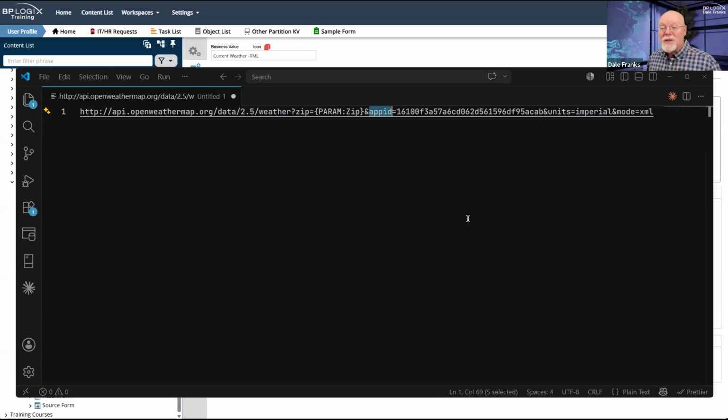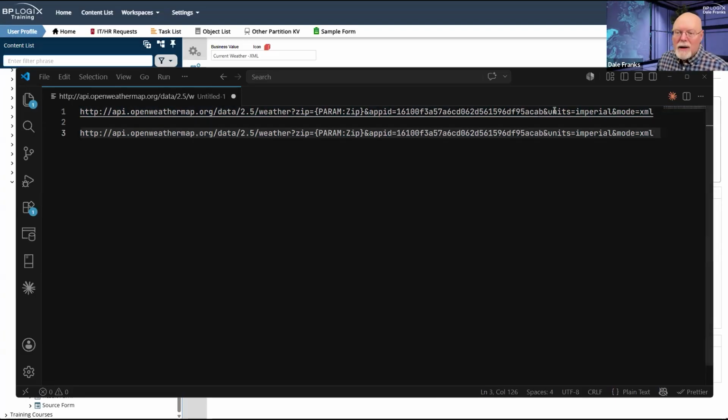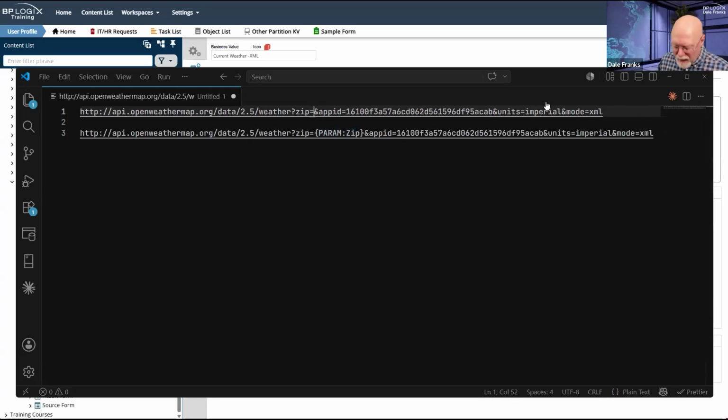Now, there's a second way of doing this, and I don't know which your web services might use. It's kind of similar, but rather than using URL parameters, it changes the URL. So what it might look like would be weather, and by the way, let's get rid of this. Let's just put in a zip code, right? Let's just use a San Diego zip code, 92087. Okay, so that's my zip.